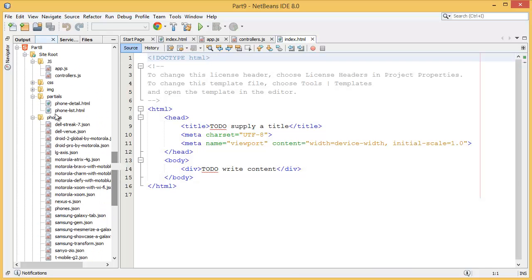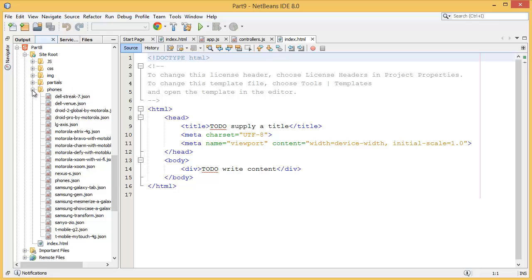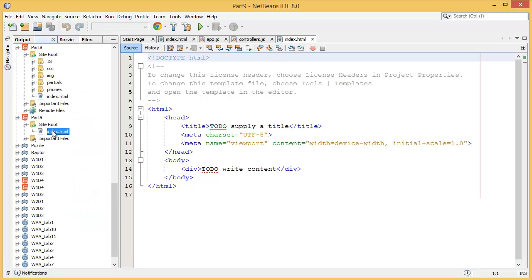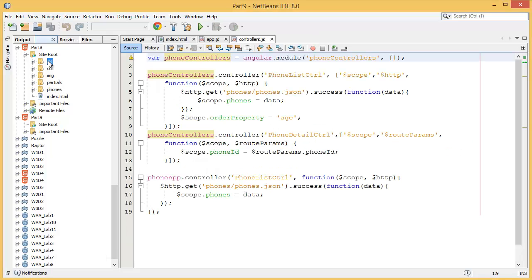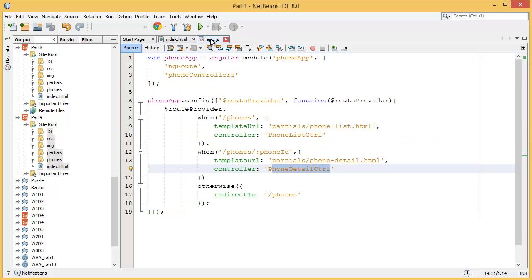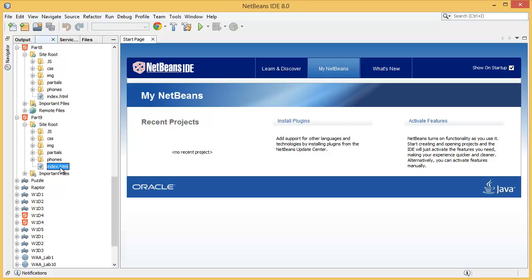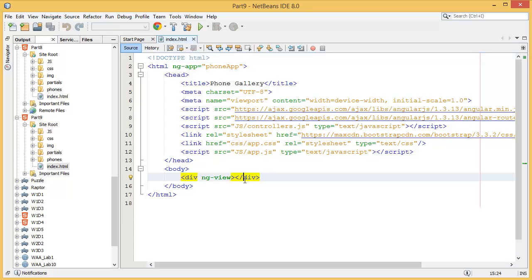Then what we have to do is copy all the previous files into our new project. Alright, so what we have to do is go to the